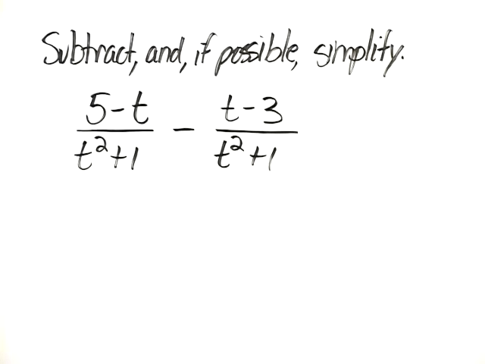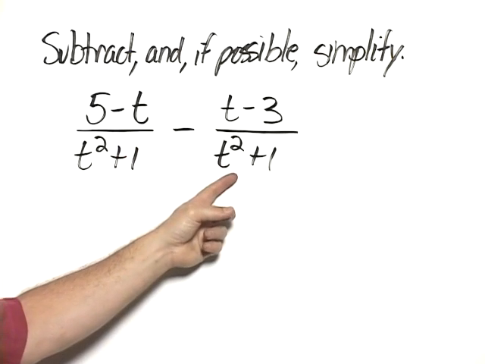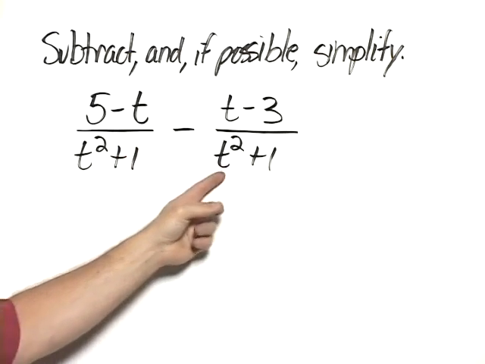Subtract and, if possible, simplify. (5 - t)/(t^2 + 1) - (t - 3)/(t^2 + 1). In order to subtract two rational expressions, the denominators must be the same, which they already are in this case,